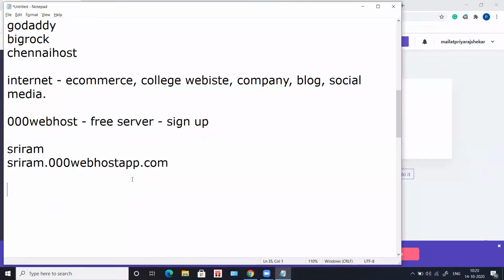The basic process is, when you try signing up, it is going to ask you for an email confirmation. So you have to do that email confirmation, and then it is going to ask you for a few steps, whether you're going to develop a website or upload a website and all that. You choose whichever is required, and it is going to ask you for a website name and a password.